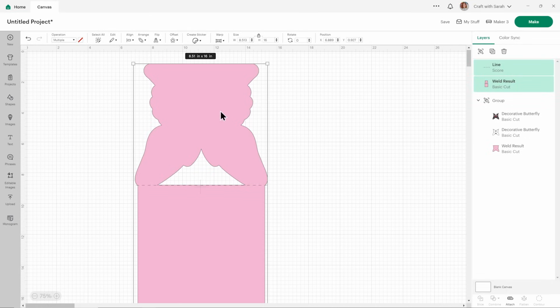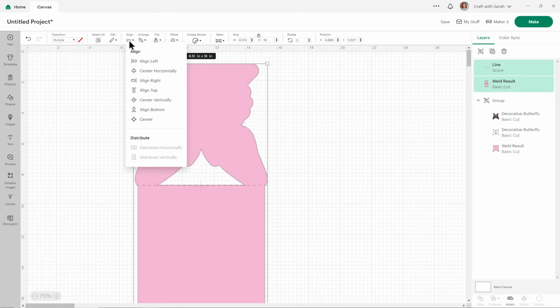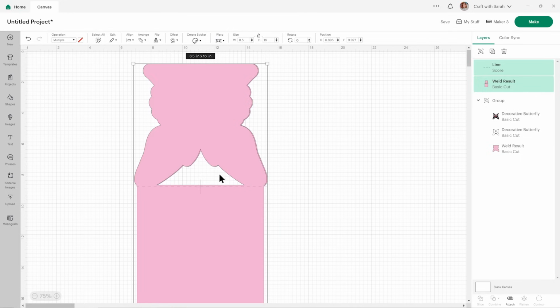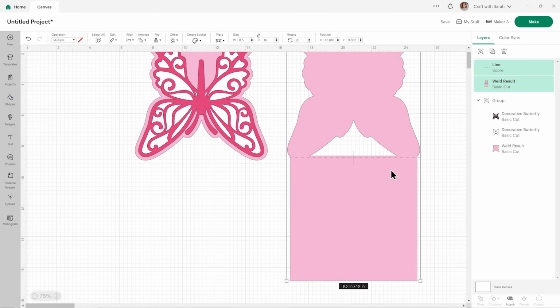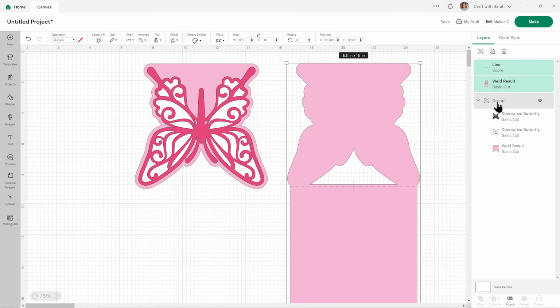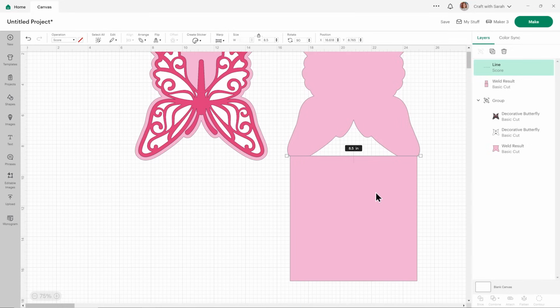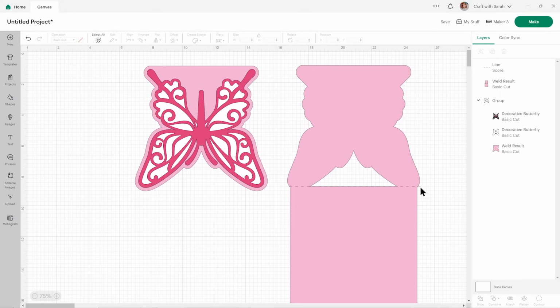So I've got my pink bit and the score line, and go align center to put it exactly in the middle. I'm not sure why that hasn't completely lined it up along the top of the thing, but that doesn't matter, that's okay. Oh, it'll be because I changed the size of the square and I probably still had the proportions locked, but it's okay, it's still going to work.